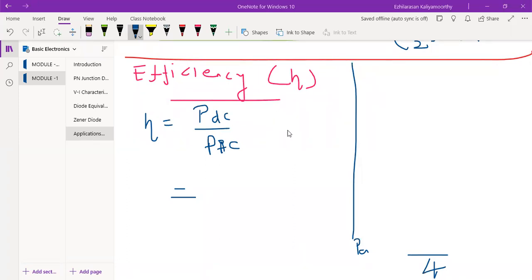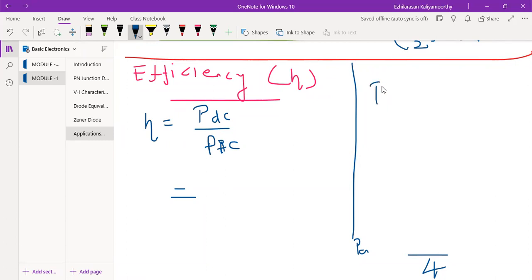That is, the output power delivered to the load, that is PDC, divided by the input AC power, PAC. Now, what is PDC? Let me write. The PDC is nothing but, from the power equation we know that,